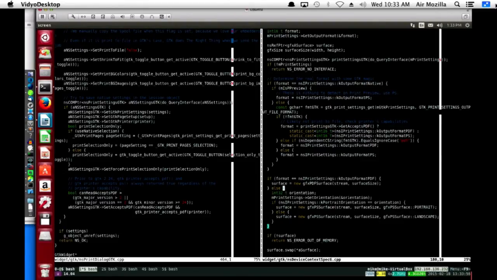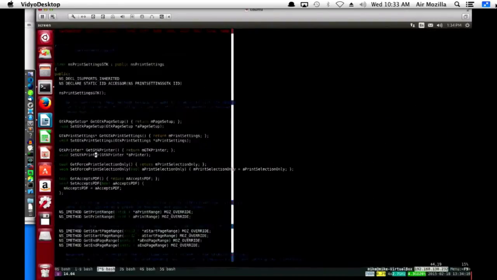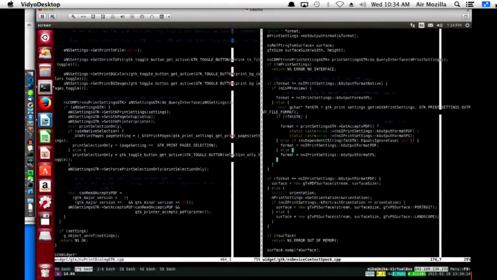In this case, what's important is being able to try to print in PDF and PostScript and to a printer and have that all just kind of work. If that works, I'll feel pretty good. Okay, what's next? Right, the serialization, deserialization stuff. That occurs in NSPrintOptionsGTK.